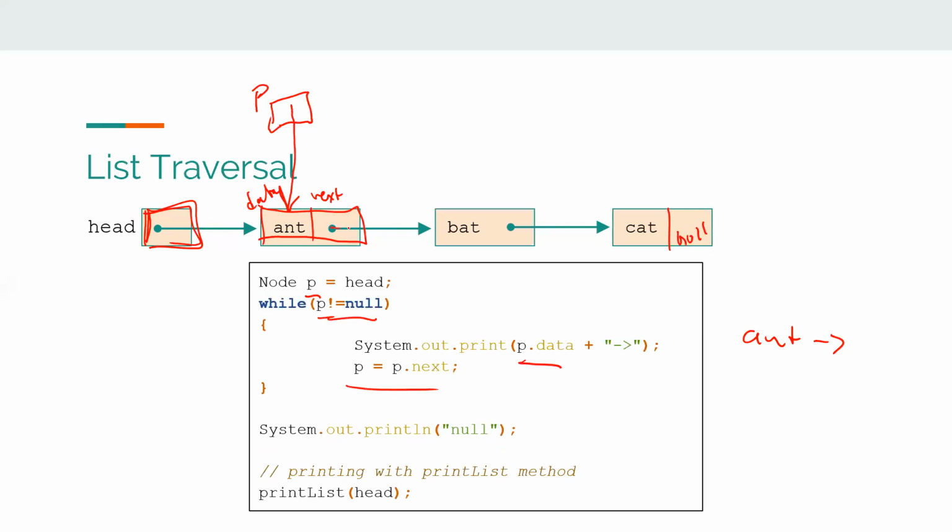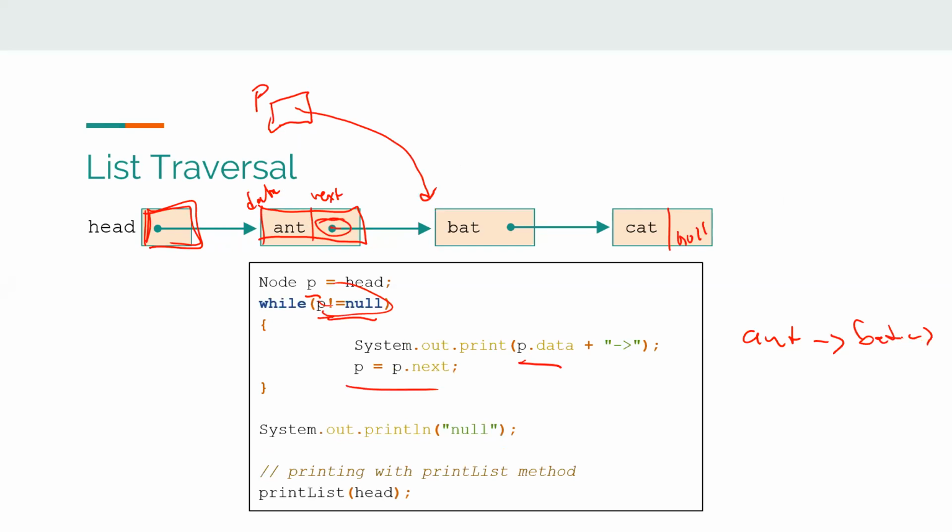imagine. Well, next is a reference to the node that has bat in it. If I say p equals p.next, I'm taking the number in here, which is, what is that number in the next? We just talked about that number is an address, or a memory address, a number that refers to where you can find that thing. So I put that in p, so I would have to kind of redraw my diagram to make p now refer to there, right? So that's all I do. And then p is not equal to null, so I can print out p.data that prints out the word bat